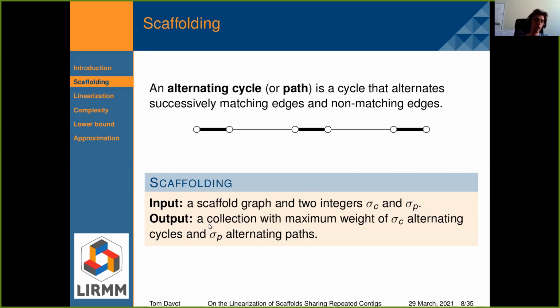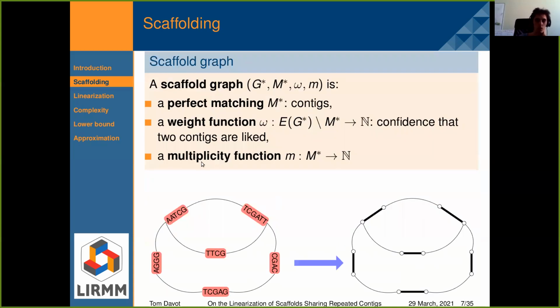We want to find a collection of maximum weight of sigma c alternating cycles and sigma p alternating paths in the graph, and we want to respect the multiplicity constraint as well. If a matching edge has a multiplicity equal to 2, for example, we want this edge to appear in two alternating cycles or paths.